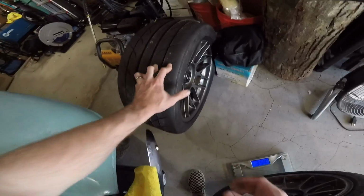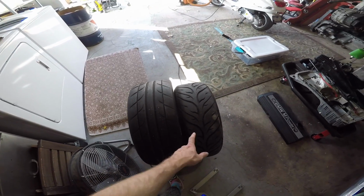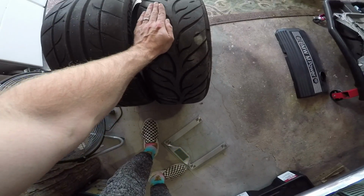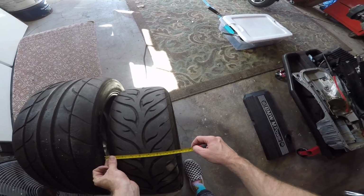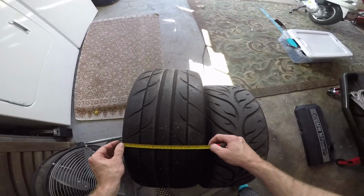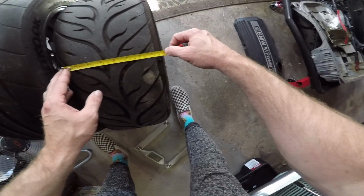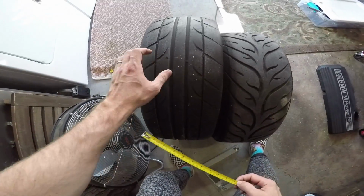let's look at the contact patch here. This also should make up for when the S52 is in here. I mean, hand, just gonna put it like that, right? Hand, like that. It's like half the tread. This one has a lot more. Let's measure it. Let's just say 9 inches, where this one is about 10 inches. Okay, but the actual tread that hits the ground, I feel like this is more like 7 inches, whereas this one's gonna be more like 9.5, to where the actual tread is touching the